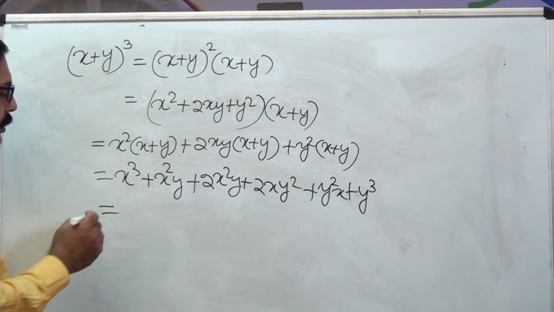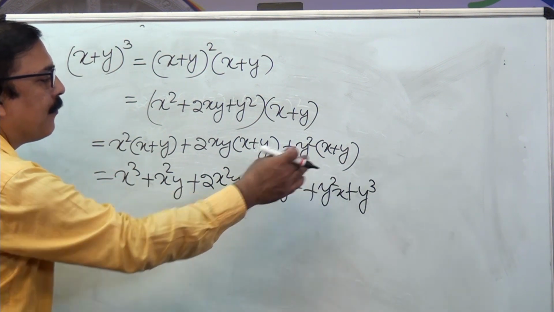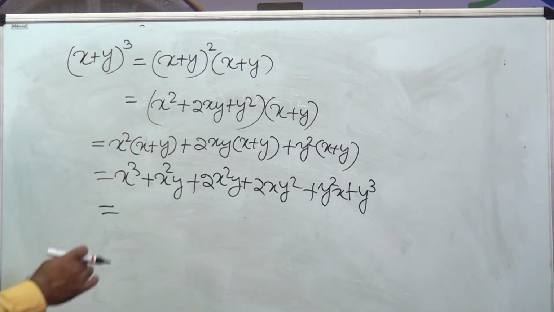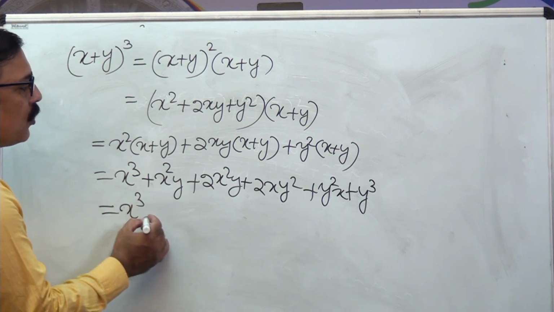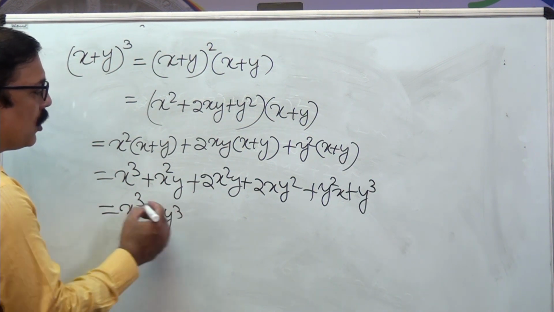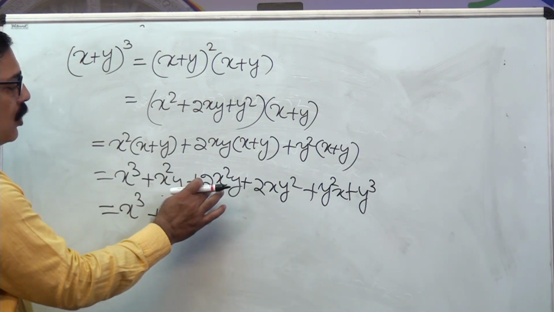Let's arrange them by power: x cube plus y cube, then the x square and y terms, x square y and 2x square y,